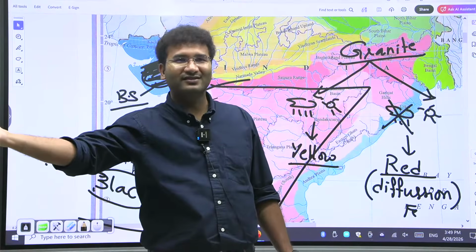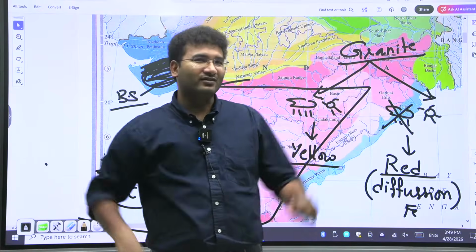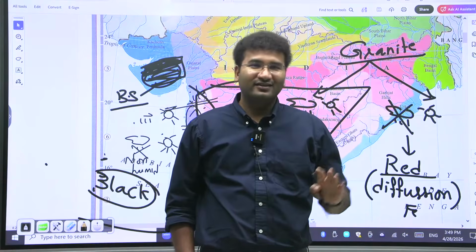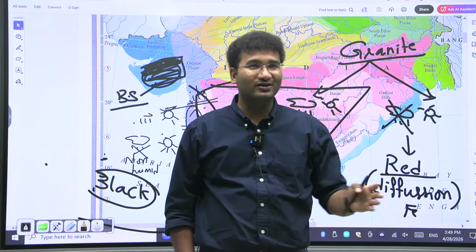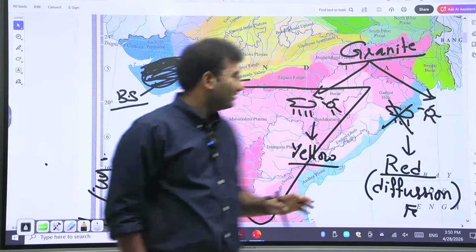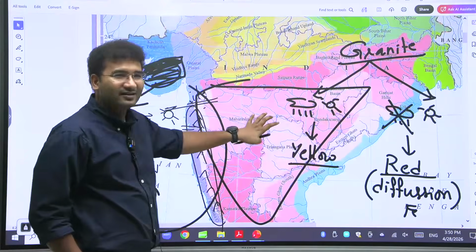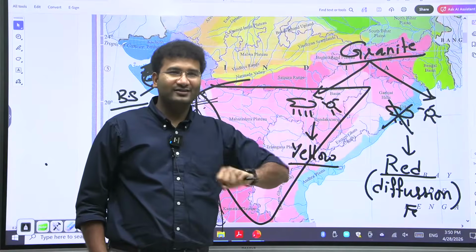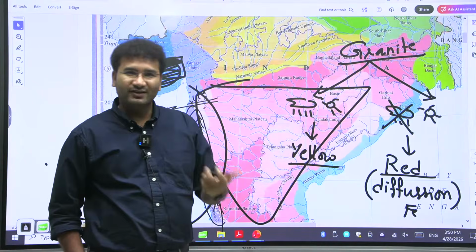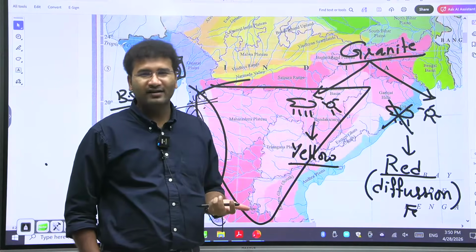If that red soil is there, they need to give good water. If the black soil is there, then they choose to grow cotton there, right? They never dare to go for sugarcane because sugarcane cannot be grown in these areas. Little risky. So here in this area, black cotton soil is very much favorable. Cotton is very much favorable for black soil. Why again?